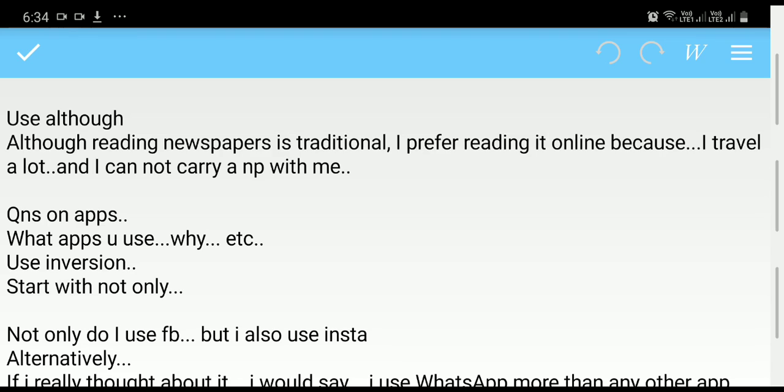Similarly, one of the questions which is very frequently asked these days is related to apps. So what kind of apps do you use and how do you use them, and what is the way you use apps? You can use some inversion here, start with not only and but also. So I not only use Facebook but also Instagram and other apps. However, one app which I use most frequently is WhatsApp, because it has become the de facto means of communication